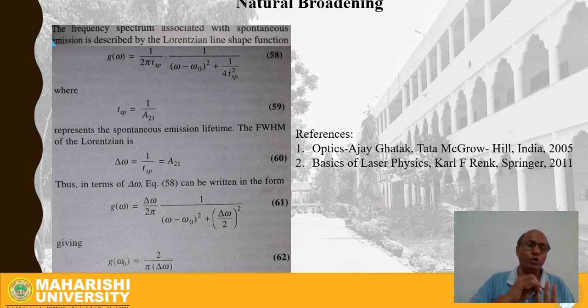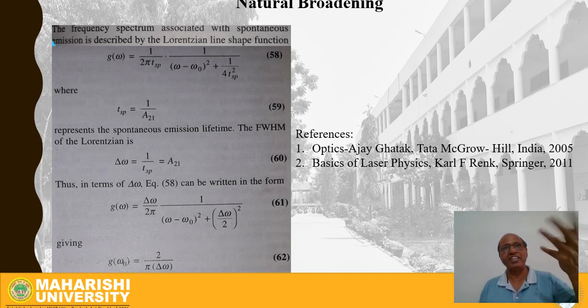The three things which we knew today were Doppler broadening, collisional broadening, and natural broadening. The homogeneous broadening, as we can see, can happen more in the case of natural broadening and collisional broadening because all atoms are participating in that. Whereas in the case of Doppler broadening, it is more a case of inhomogeneous broadening because it depends upon the observer's position and the movement of atoms, the radiating sources, with respect to the observer, right? So this is what we want to say.